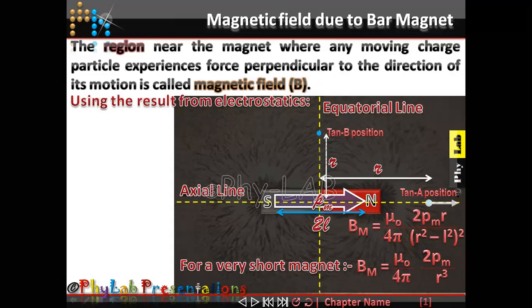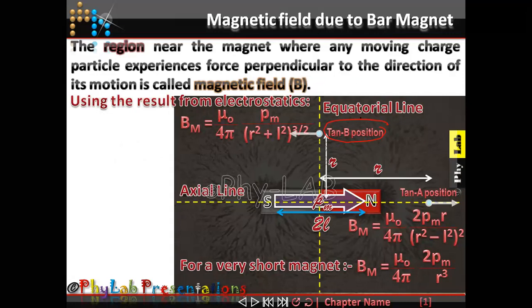And remember once again that the magnetic field at this point is directed parallel to the dipole moment. Now, when I move to the equatorial position or tan B position, you will find that the magnetic field formula happens to be similar in nature, the same formula that you had studied over there. The only difference is the change of constant of proportionality, and you will find the magnetic field to be written as mu naught upon 4 pi, pm upon (r square plus l square) whole to the power 3 by 2. And similarly, in this case, the magnetic field is directed opposite to the dipole moment of the bar magnet. So take care about these two facts.